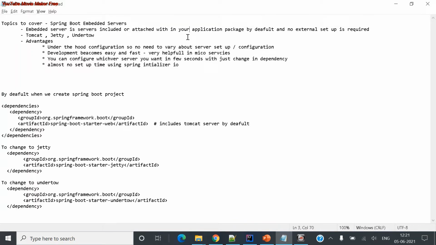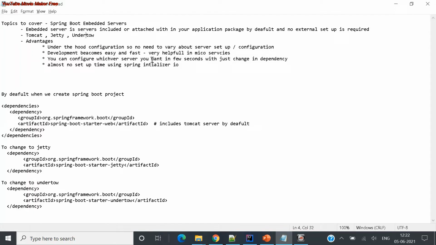So in basic applications, or maybe older applications, you used to configure these web servers like JBoss, Glassfish or any other externally, and you deploy your applications onto those servers, and then you go for all those configurations. But here, Spring Boot by default provides you the embedded version of these servers, so that whenever you create a Spring Boot project, you have your server attached to it already, so you just need to run that application, that's all. Spring Boot provides three basic servers as of now: Tomcat, Jetty and Undertow.